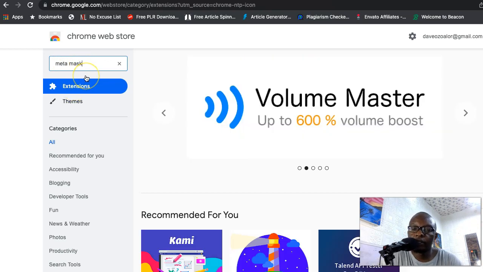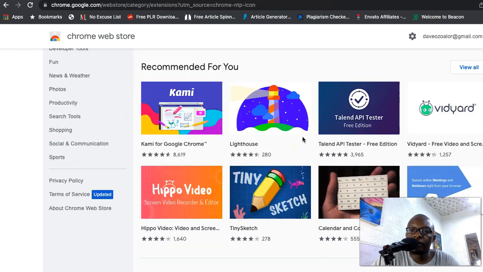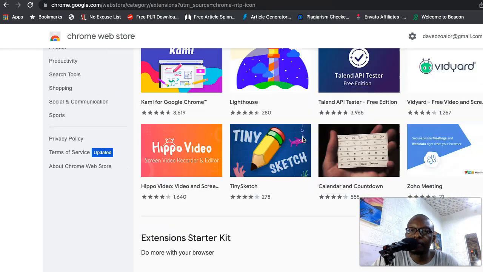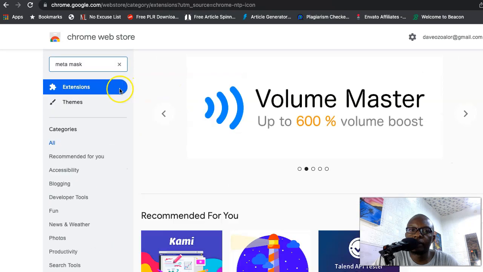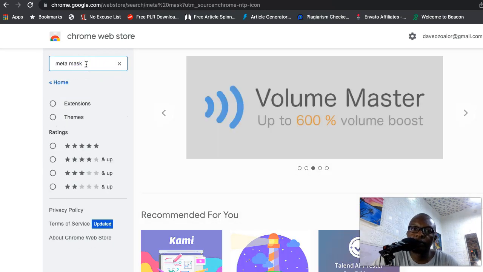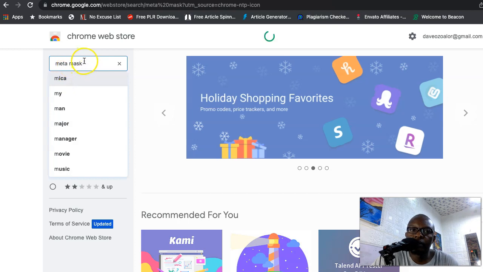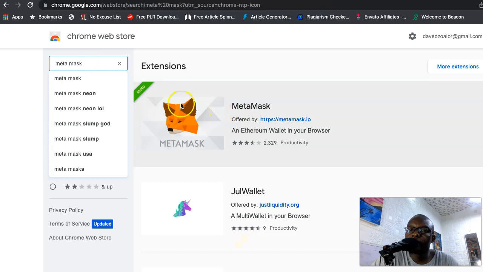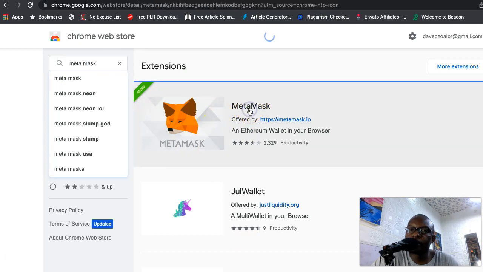Okay, and you search. So there are millions of browser extensions, but the one we're looking for is the special one called MetaMask. So I'm searching for it now. You see the MetaMask. You see I've already added it, but if you've not added it, you just click MetaMask,